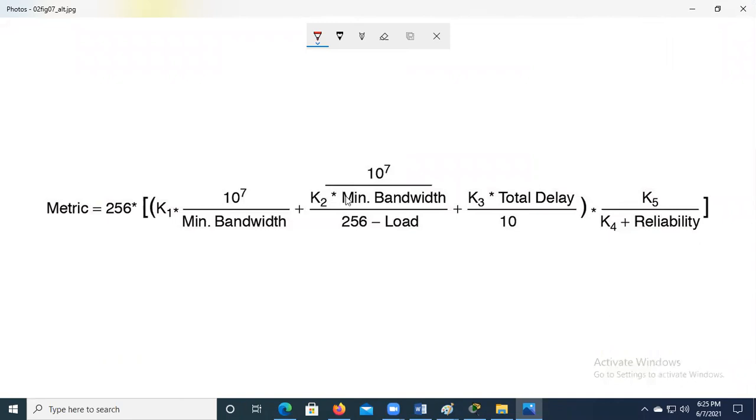EHRP does not take into consideration reliability, and does not take into consideration load. It takes bandwidth, the first one, and the delay by default.